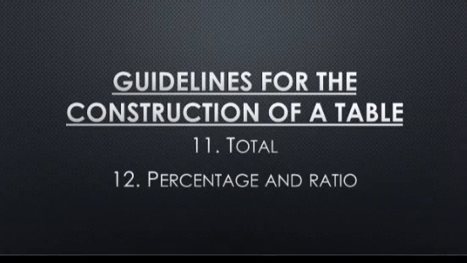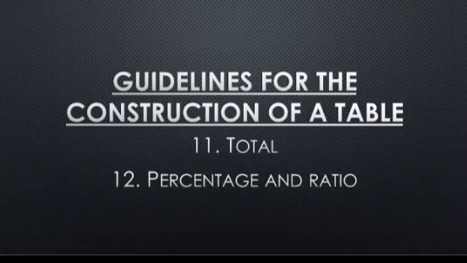Then total. In the table, the subtotal of the item must be given at the end of each row. Grand total of the item should also be noted. So if you are making any table with any numbers in it, at the end you will write total, whether it is the total of marks, weight, height, or production, and you will show their total.